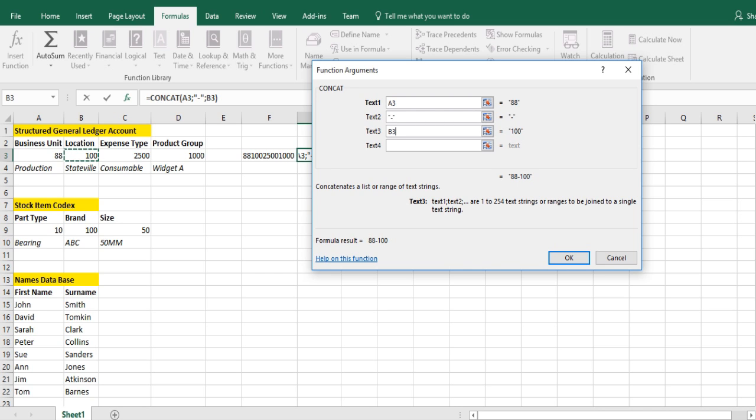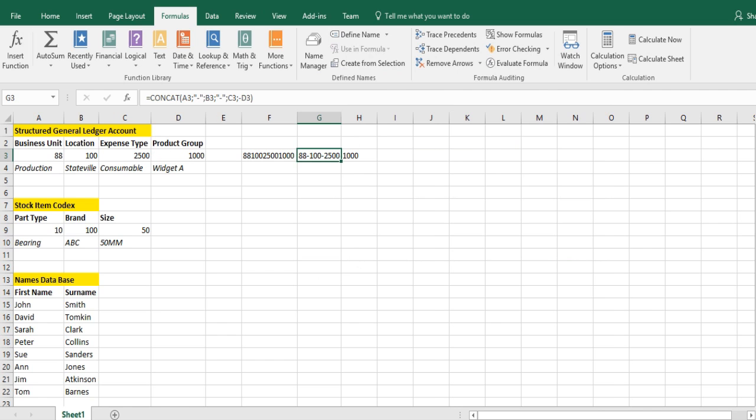Select the next column, dash again, next column, another dash, and the final column. And again, you can see what your final string will look like. If we click OK,